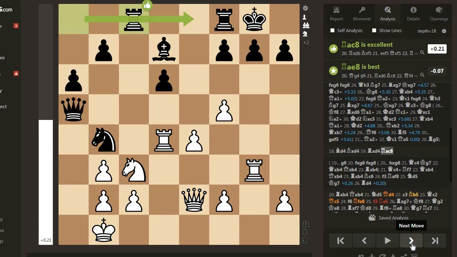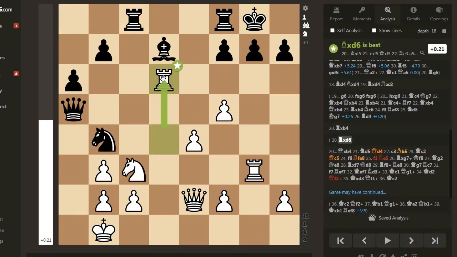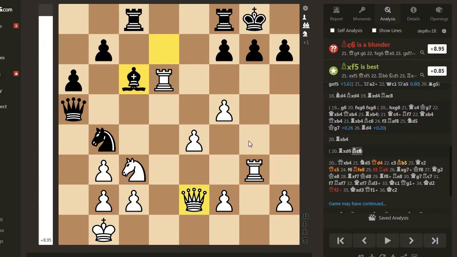So after rook ac8, and now rook takes b4. White gives up yet another exchange, while rook takes c3 ceases to be an issue. White is of course behind a whole load of material as well. Here rook takes d6 is objectively stronger, but the consequences of this move are harder to calculate. Now if bishop c6 fails to queen g4,